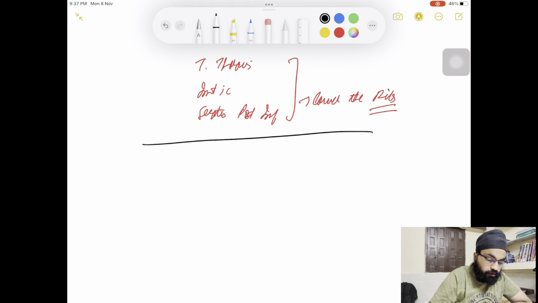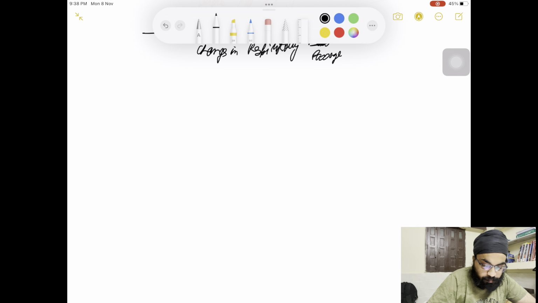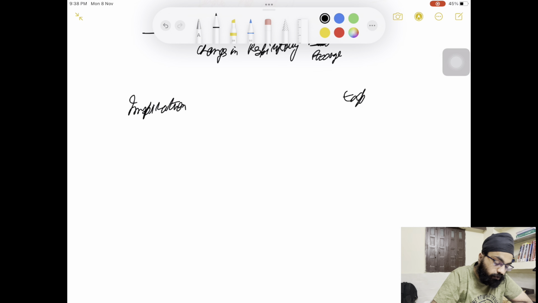Now we need to look at the changes in respiratory passage. Remember that there were two components, respiratory passage and the chest wall with diaphragm. The chest wall with diaphragm has been discussed. Now changes in respiratory passage. It is very small. So it is very logical if you have understood till now. If not, then it will be difficult.